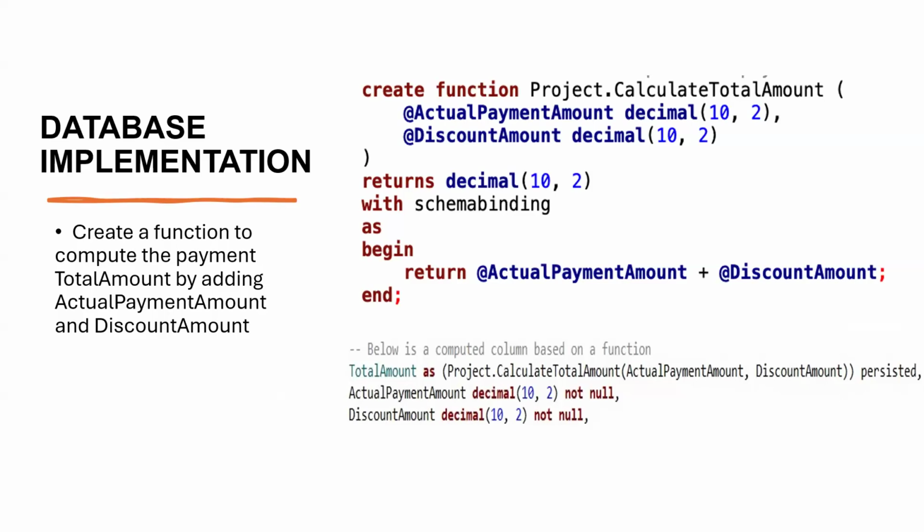But for either option, for both options, the requirement is the computed value must be deterministic. So if the computed value is not deterministic, then we cannot use persisted,